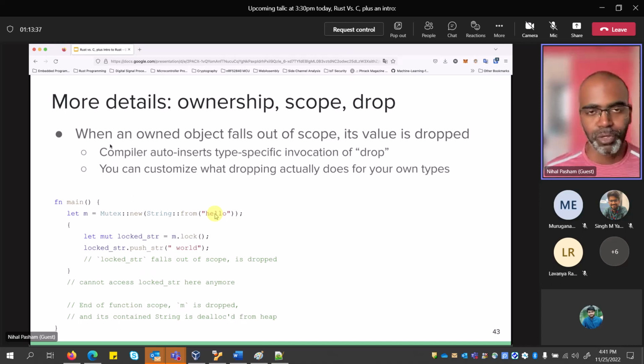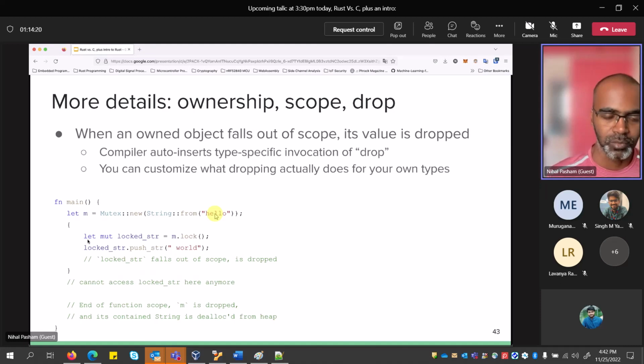Okay. The same thing, if you were to take it a little more advanced, all of those were just very basic examples. If you wanted to talk about something a little more involved, take the example of a mutex. A mutex is something that allows synchronized access. That means you can have multiple threads executing concurrently on a system, and they may need access to the same piece of data. So you put that in a mutex, whichever thread gets a lock on that mutex gets to work with that. So if you apply the ownership and borrowing concept to this, you will see that